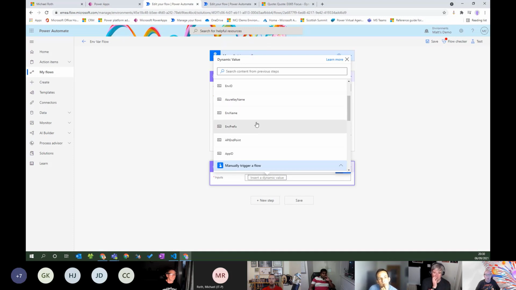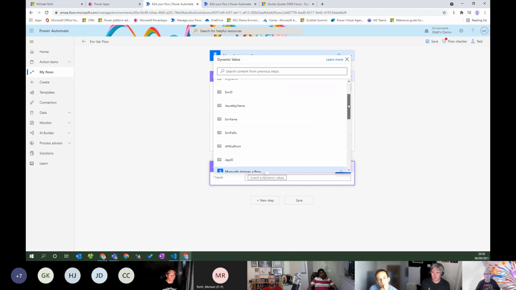We have our environment prefix if we want to create Office 365 groups and have them prefixed with the sandbox or the live prefixes, so that we know which ones we can delete and which ones we shouldn't delete, because your data will get muddled up. You can tell I've used a lot of environment variables recently in a lot of big complex projects. So I think this is really useful. So what we could do, for instance, is